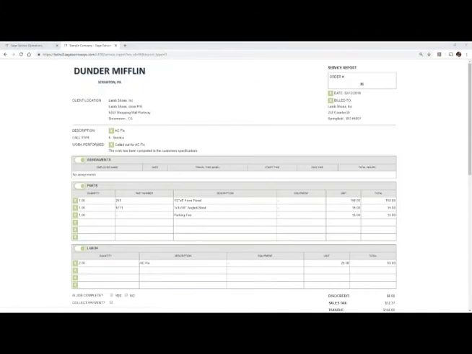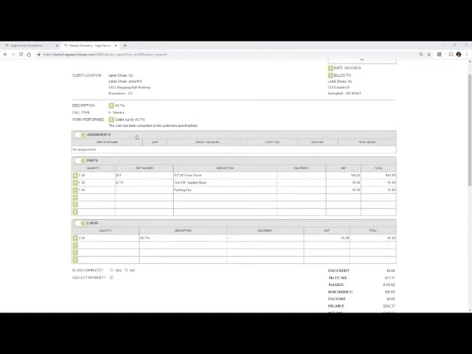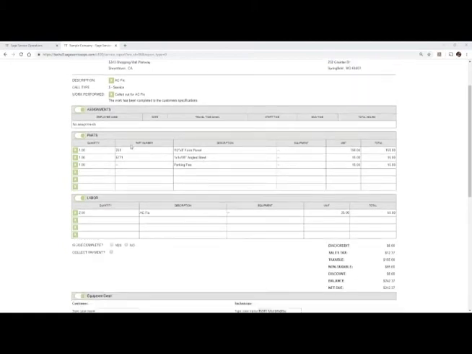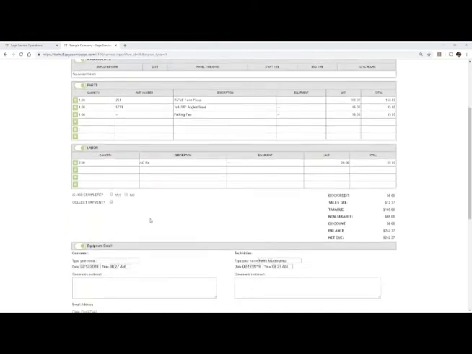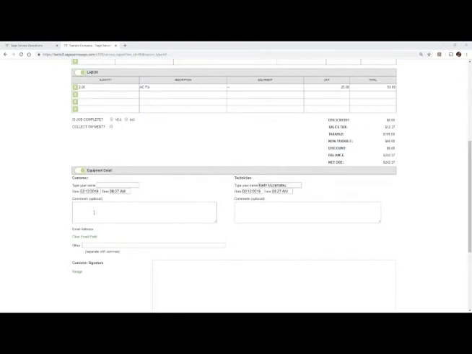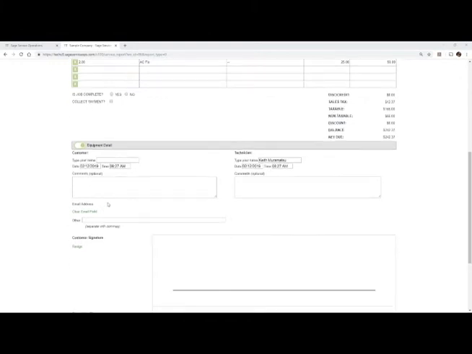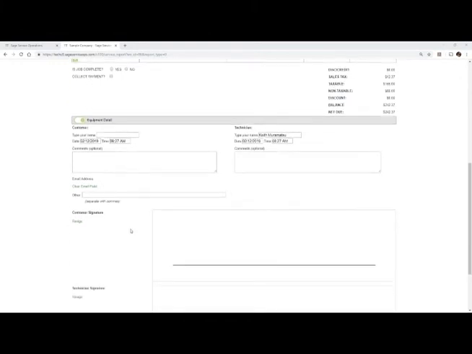When we do so, you'll notice that I have the ability to customize how my service report is actually going to look. So again, it has the client information, the description, the work performed, any assignments, any additional parts information, the quantities of the actual flat panel, the angled steel that I entered in before, the AC unit fix, and then if I wanted to add the customer information and add their email address to then send it to them